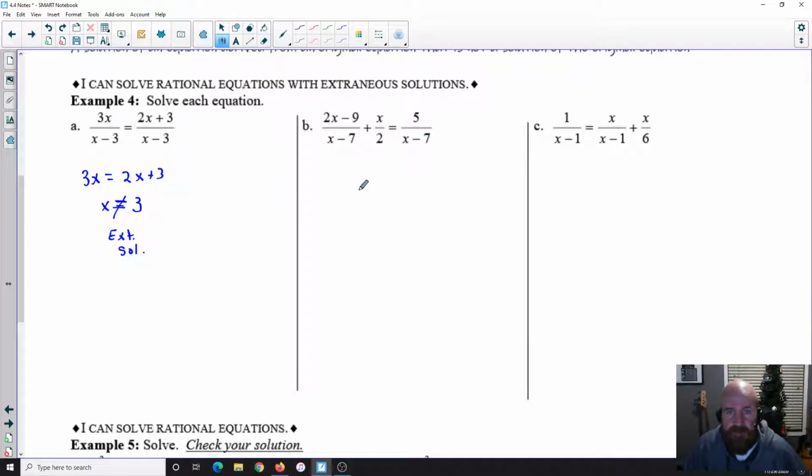All right, now this next one, we have a fraction being added equals another fraction, so we know we have to multiply the entire equation by the least common denominator. So the least common denominator would be 2 times x minus 7, and we can just leave them apart like that. When we multiply the first fraction, the x minus 7s would cancel, and we're left with 2x minus 9 times the 2. So we have 4x minus 18